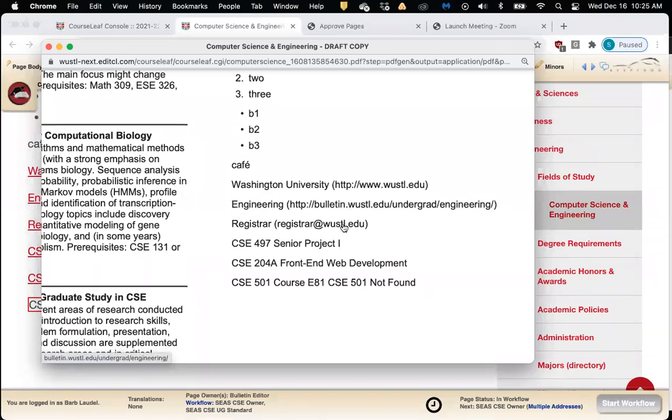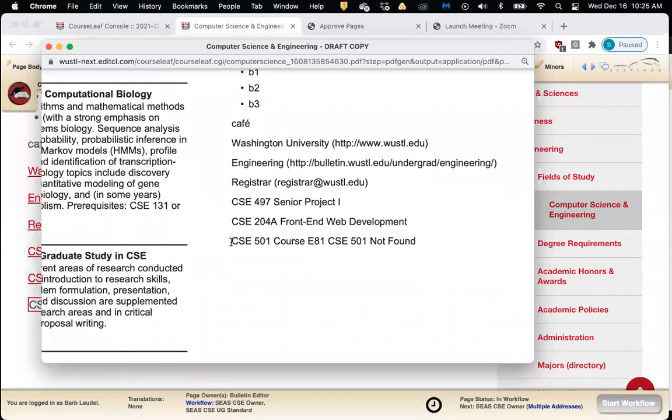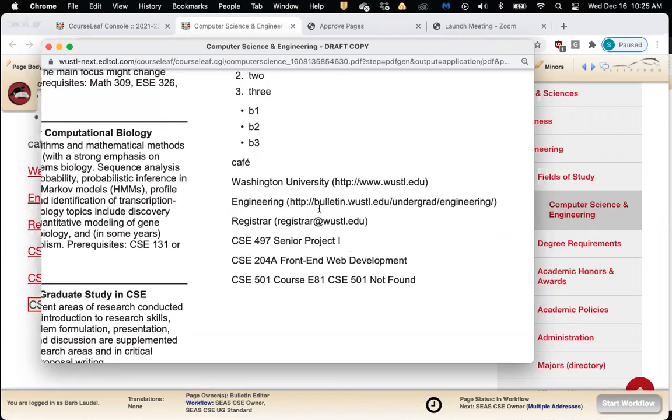So that's what it looks like in the PDF format. The other thing you can see here is the red box for this course not found. The red box doesn't publish, but those words, course not found, would be published if you didn't catch them. So that's what the PDF version looks like.